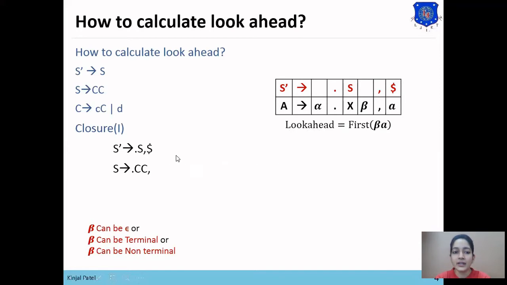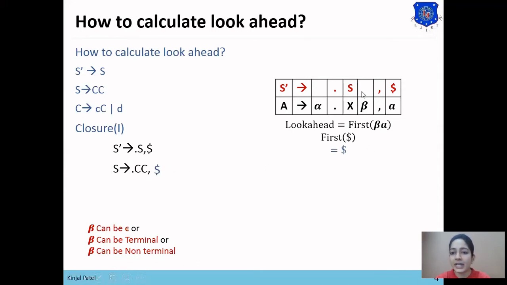Now here, as beta equals null in this first statement, the first of beta a will be only the dollar symbol. The first of dollar is dollar only. So for S derives dot CC, the look ahead symbol will be dollar.